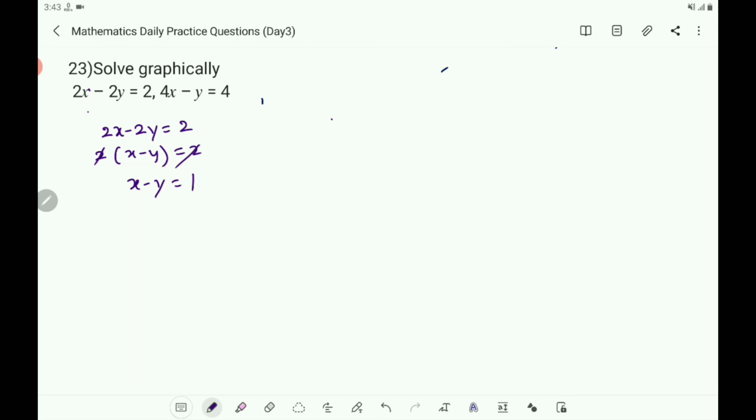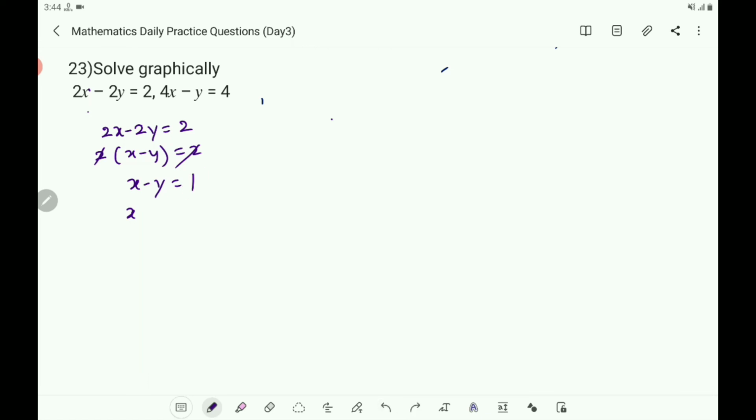And you convert this in the form of either x equals or y equals. If you convert this into x equals, then you have to take the convenient value for y and find the corresponding value for x. But normally here we are converting this in the form of y equals. So let us transfer here. As y is having a negative sign, you transfer that to the RHS, and you shift this 1 to the LHS.